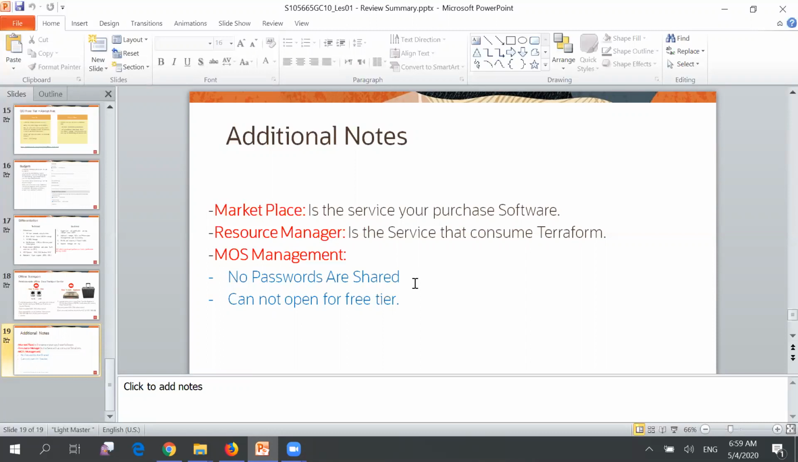Okay. Another thing: you cannot open a service request on the free tier. If you just have a free account, you cannot open service requests for any problems on the free tier. So this is very important. Please, those are very important points. Focus on them very well. Review all the